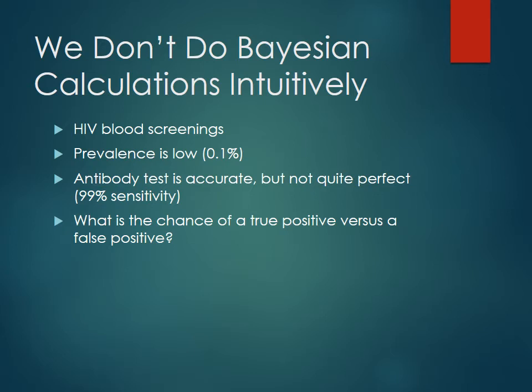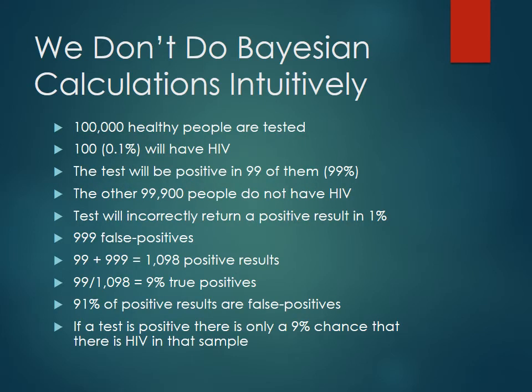Say we're looking at a normal, healthy population of individuals. We're going to test 100,000 people, okay? And we know that the incidence going in, based on population data that we have, is about 0.1%, so they will have HIV, right? So going in, we know that the test is going to be positive for 99 of them, because we already know that the incidence is 100 for this group. So that means that 99% of those patients will be detected with this test, okay?